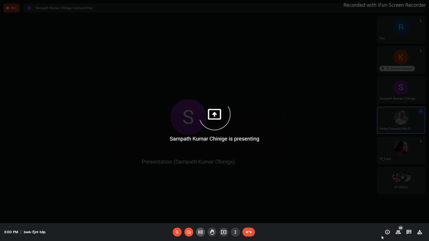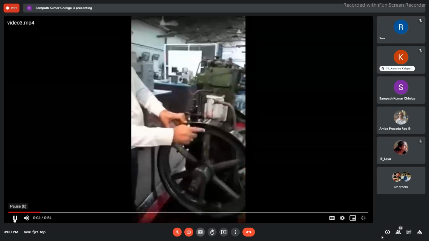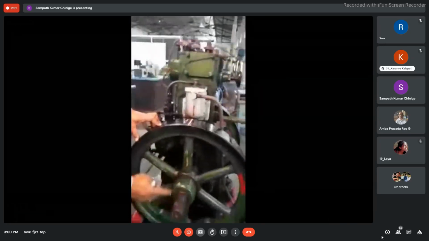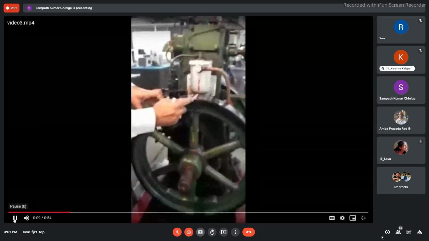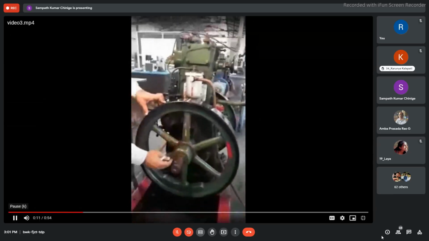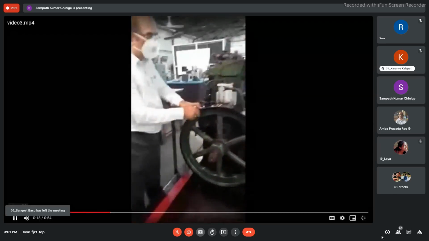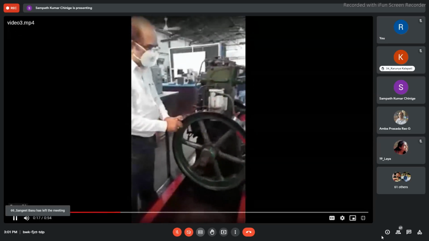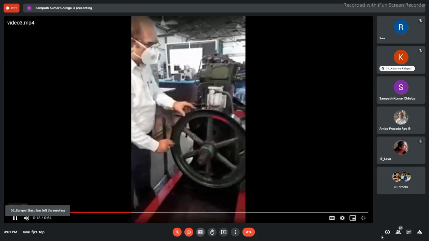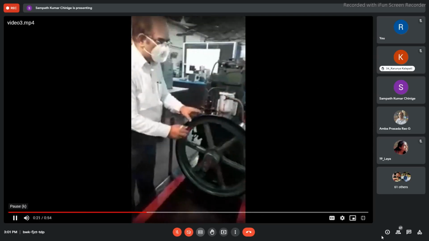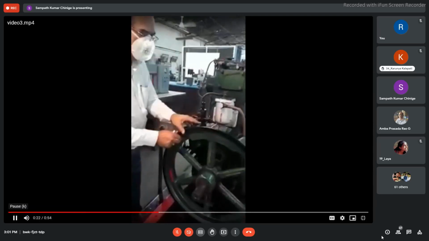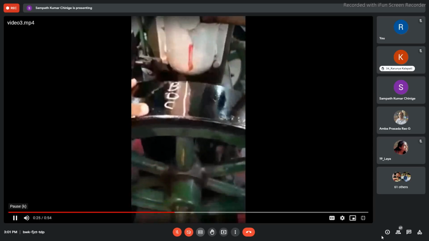We also have to simultaneously note down the bottom dead center. Bottom dead center is the point diametrically opposite on the flywheel. The total circumference of the flywheel happens to be 190 centimeters, so at a distance of 90 centimeters you will see the bottom dead center. I have marked it as the bottom dead center.